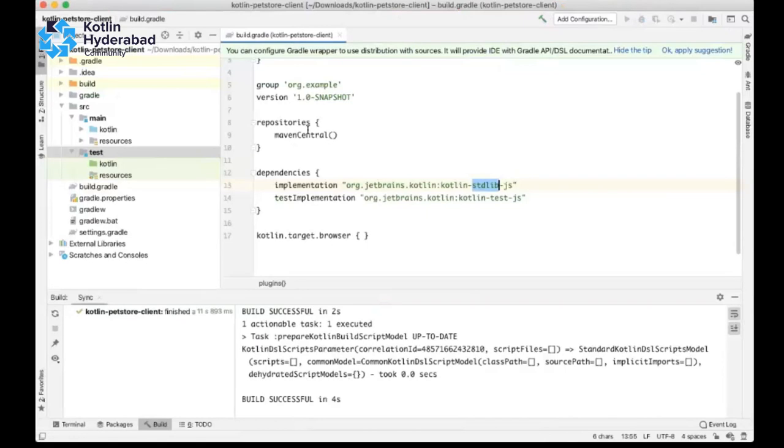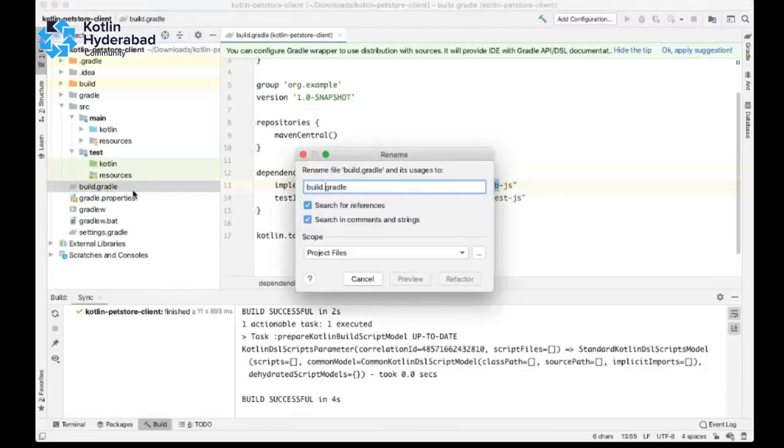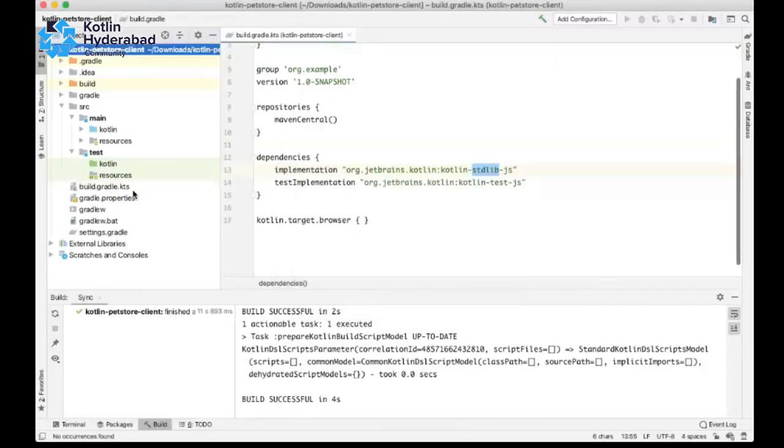One person asked me, why Gradle? See here, as Raj told, instead of using Gradle DSL, you can use Kotlin DSL. To do that, you just rename the file to .kts. That's it.